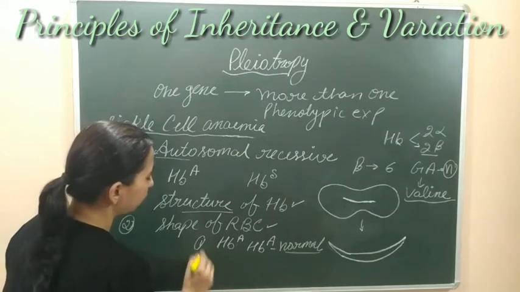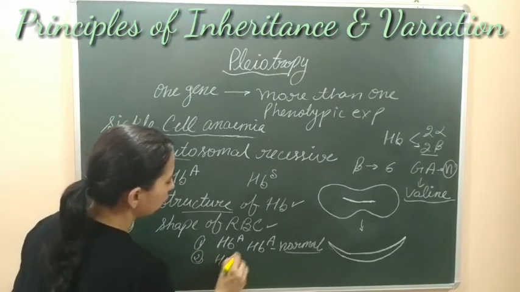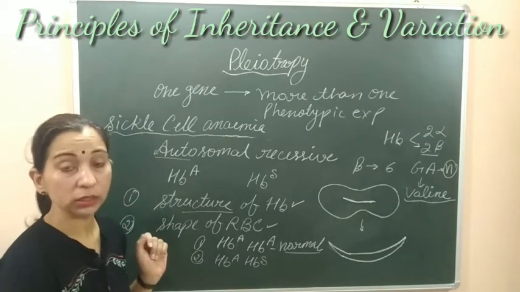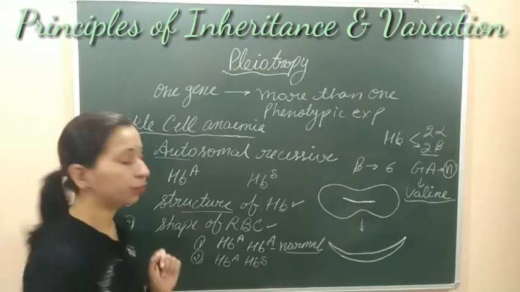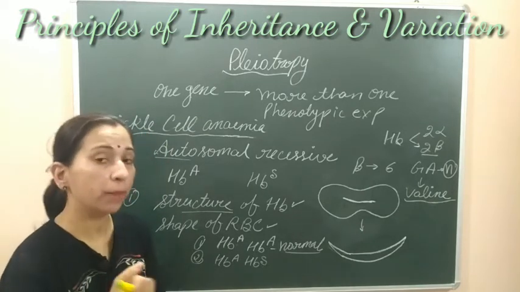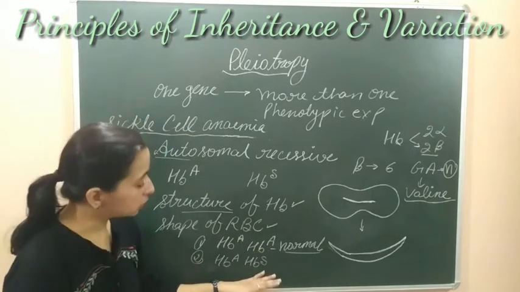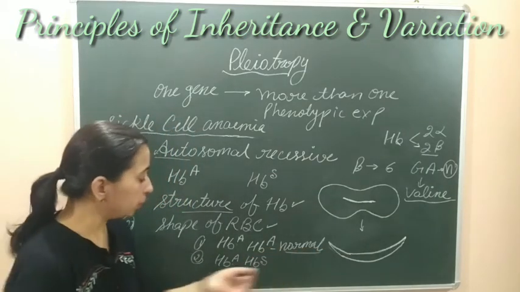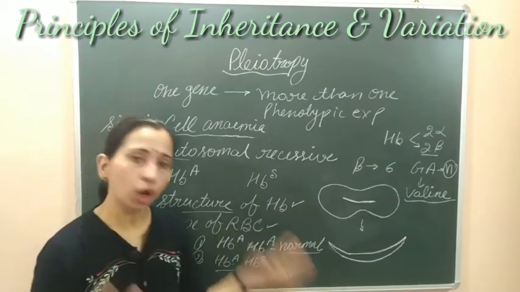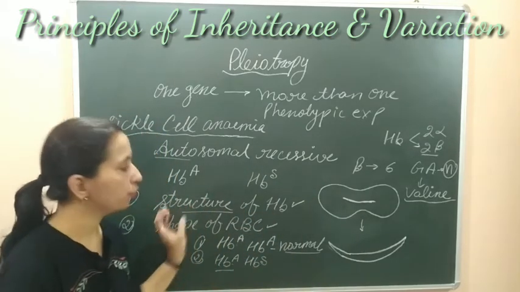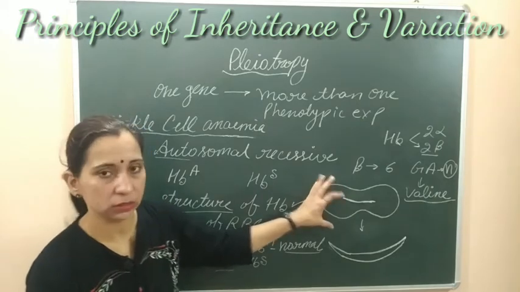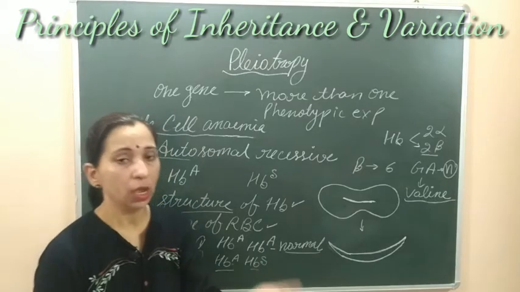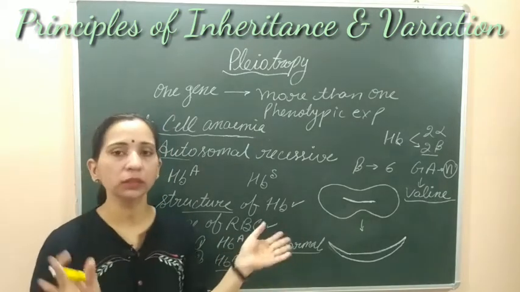The second genotype which could be present here is HBA, which will come with another gene that is defective, the sickle cell gene, that is HBS. This kind of person has sickle cell anemia, but can survive. Here one is the dominant gene and one is the recessive gene. So this dominant gene will form the normal hemoglobin, and it's responsible for the normal biconvex structure of RBCs. And the alleles of this gene will form the defective hemoglobin. But overall, the person can survive.